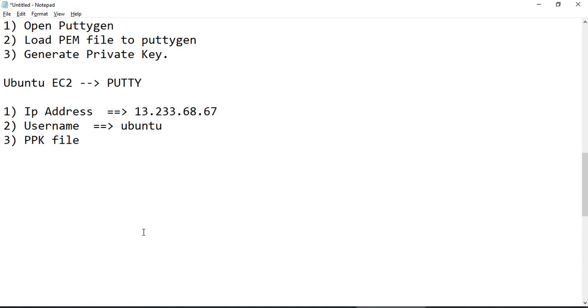Okay. So when I'm trying to access this using PuTTY, I'll have to enter the username in this way, right? I'll have to enter it like username @ and then I'll have to give the IP address. This is the IP address which I wanted to connect, right? So now this is what we have created. I have the IP address, I have the username. Now I have the PPK file as well. Let me go and connect to PuTTY.